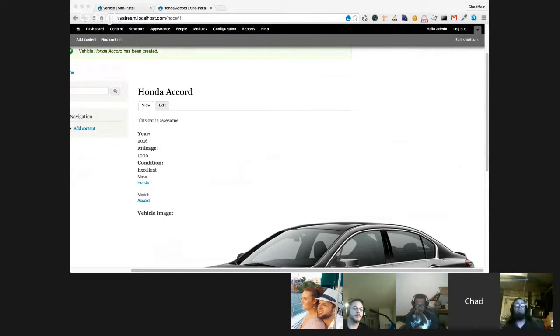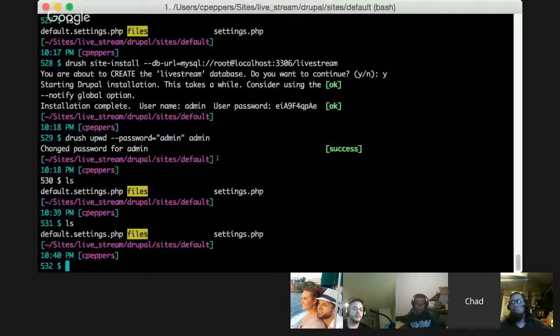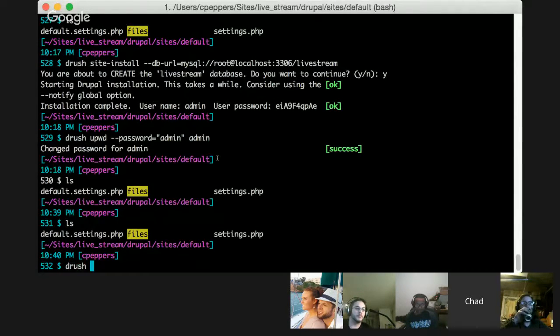The first thing we need to do is switch back to my terminal. Give me a second here. All right, so we're actually going to download some modules. This is another great thing about Drush: you can download modules from the command line. So you don't have to go to the website, download it, unzip it, move it. You just do drush dl and then the name of the modules. Display Suite is ds, and then I'm going to add a couple of other modules that we're going to use later. I'm going to do it all at once. CTools is a module that basically other modules use.